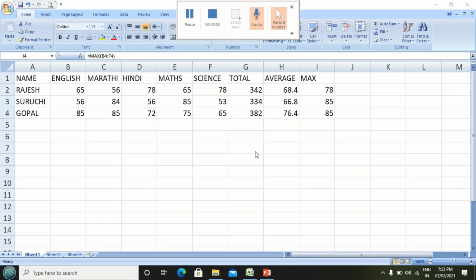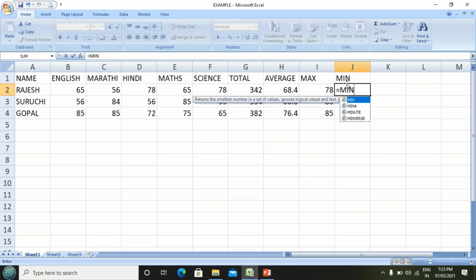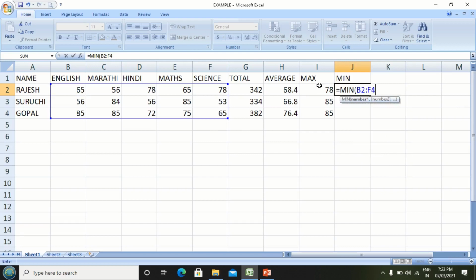Let's see the minimum function in the same example here. Next to the max, here I type min for minimum, and in the cell below it I type the minimum function: is equal to min, open bracket, give the same cell range B2 colon F2.